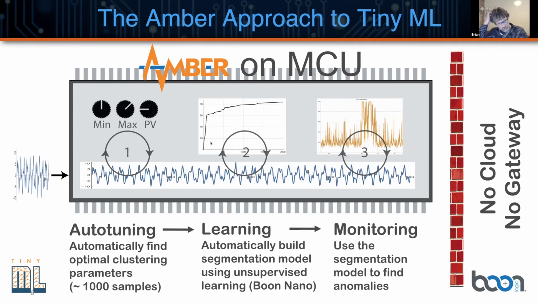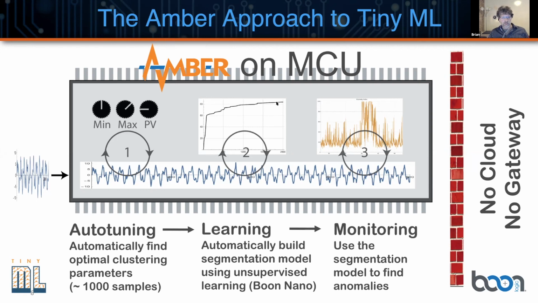And then finally, once the learning is complete, it's kind of leveling off at the end. This indicates that there are sufficient clusters now to characterize this particular data stream. Then it automatically transitions over to monitoring mode, where we do the segmentation and the anomaly